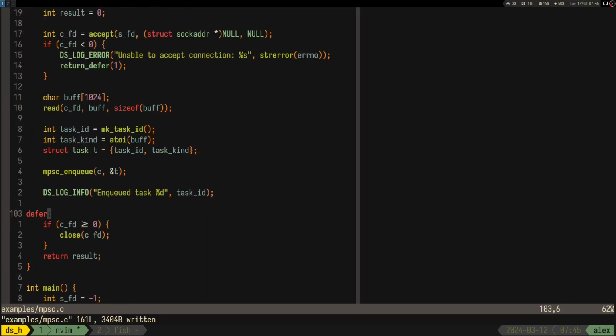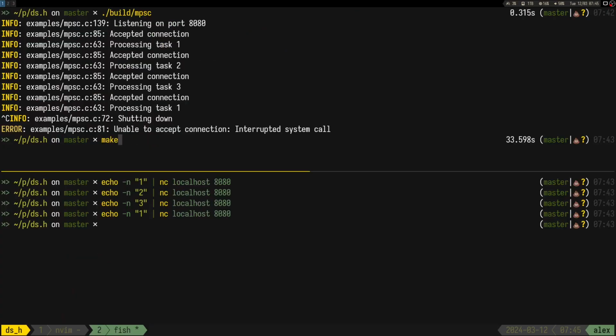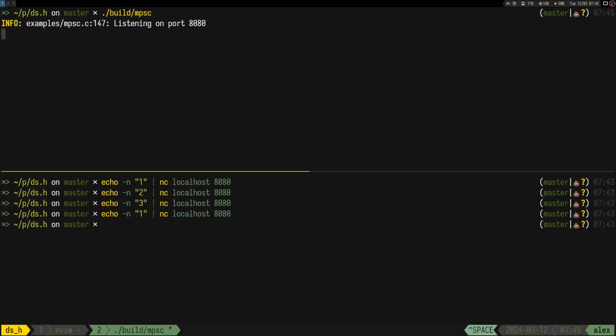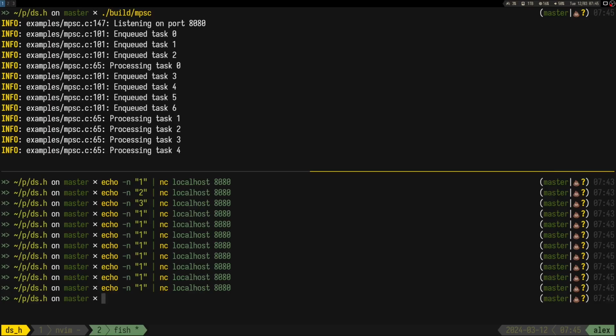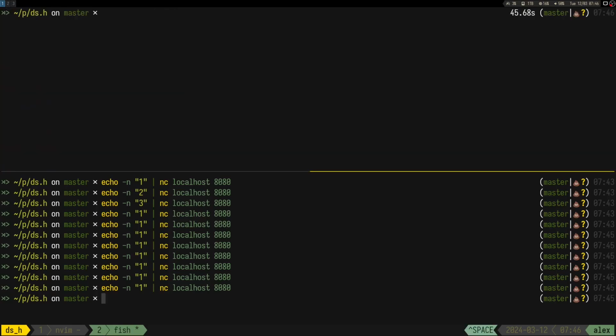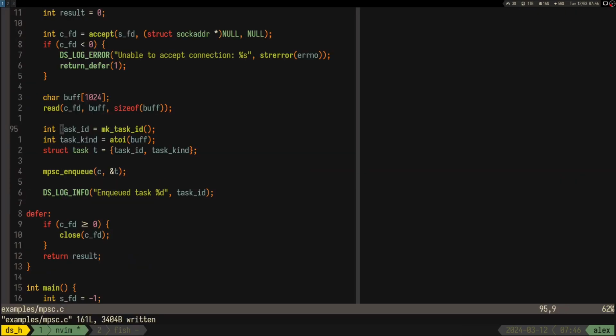So yeah, here I was displaying which task we are processing, because I think it's better to see that. Here we can see that we enqueued some tasks, and we were processing some of the tasks. So that's pretty nice. I mean, it looks like it's working already, right? At this point, I was thinking, well, how about being able to also see